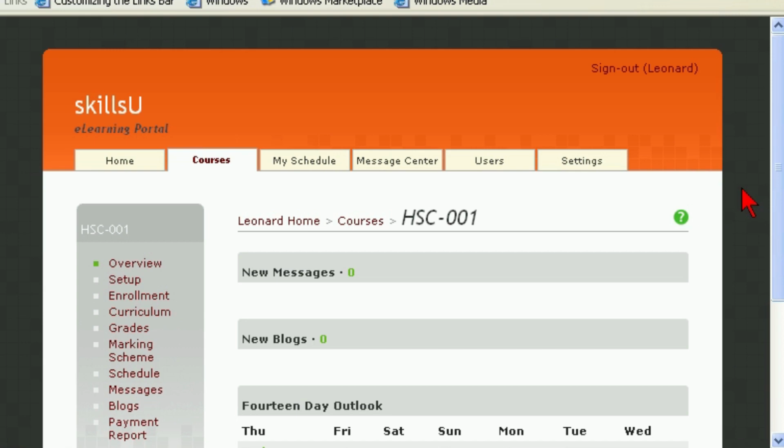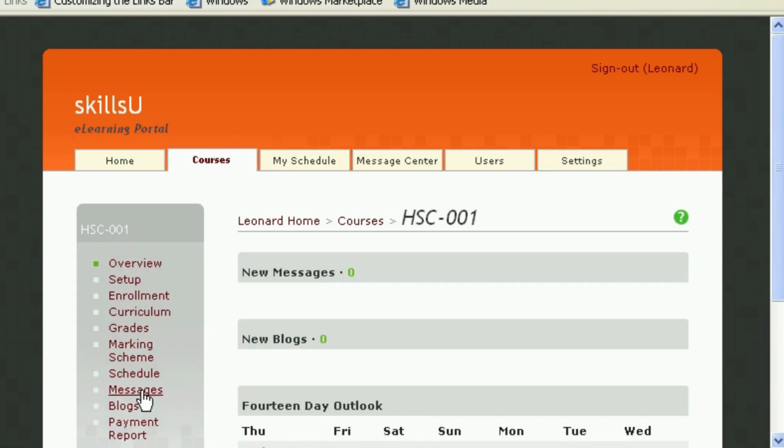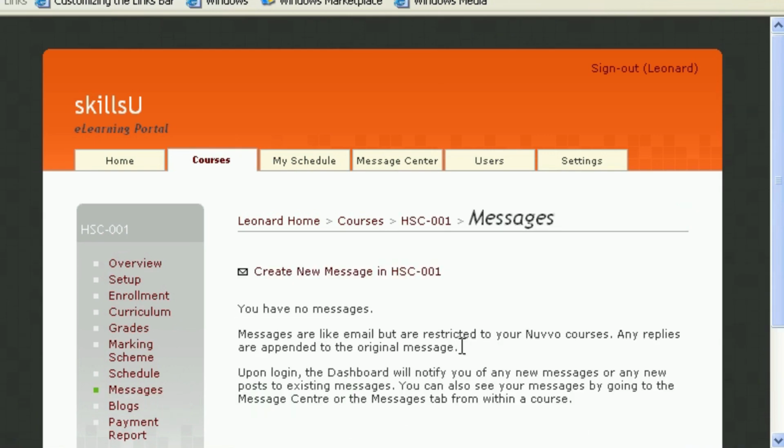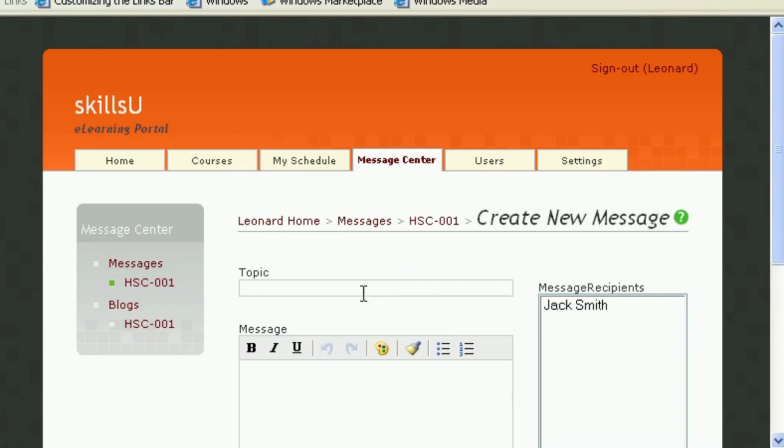Here we are back in our university portal, and we want to go to the side menu here marked Messages. Not this one here, Message Center. If we click on this, it'll just tell us we've got no messages. Let's go back to the page before, and we want to go to Messages here. This also tells us we have no messages, but I'm going to create a new message in HSC 001. That's our course title, our course designator rather, and I'm going to send a message called Welcome to the course,